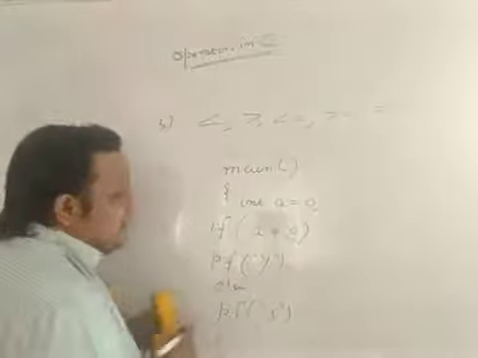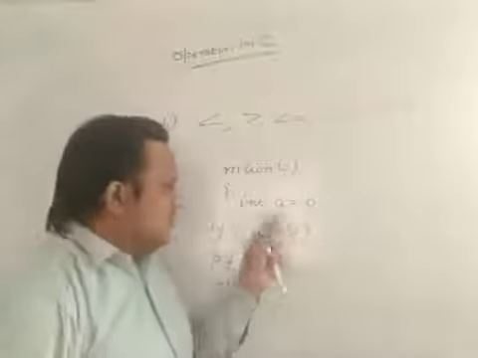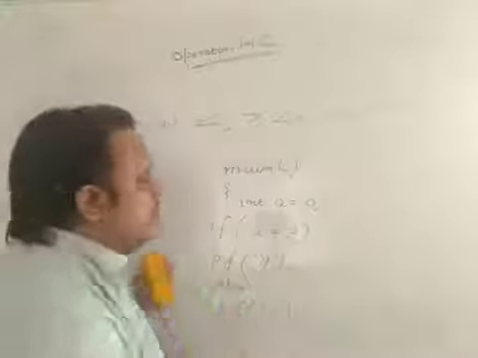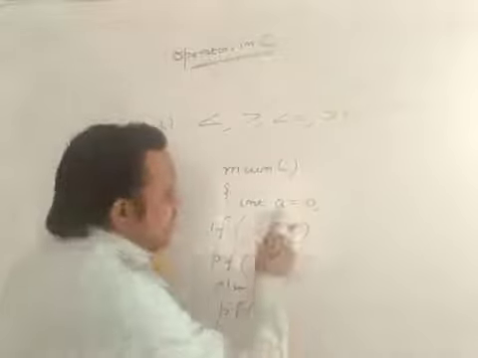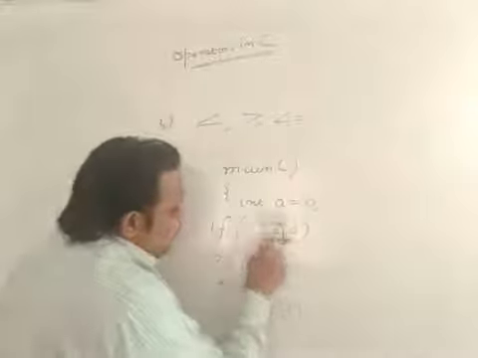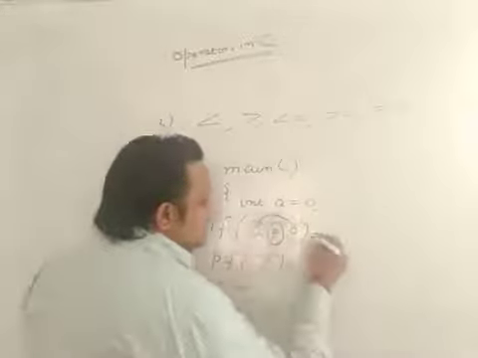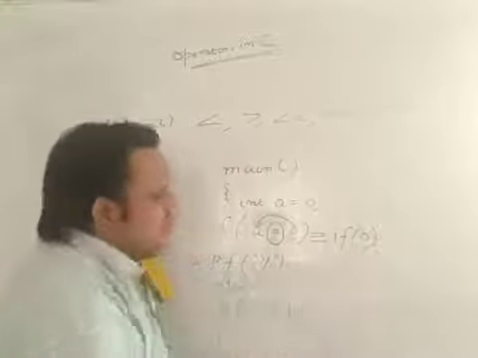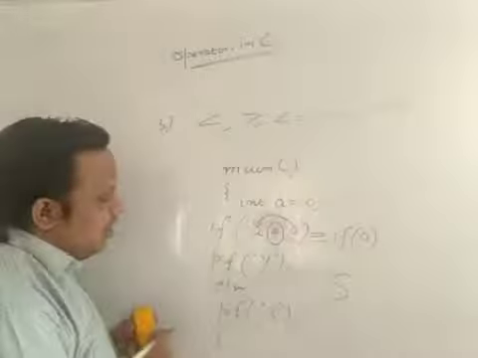So what is the answer now? Some of you will think that a is equal to 0, and here also a is equal to 0, so the value is the same, therefore it should print y. But this is again absolutely wrong. Again I am telling you, this is the assignment operator. It assigns the value, a is equal to 0. So if a is equal to 0 means this 0 is assigned to this variable a. So this statement is equivalent to if of 0, and if of 0 condition is false. So it will go to the else part and the answer is s, not y.